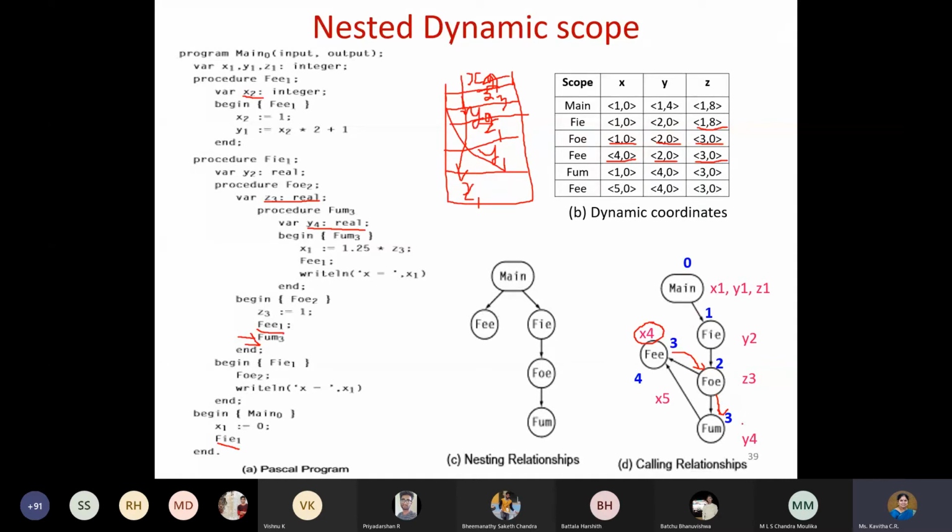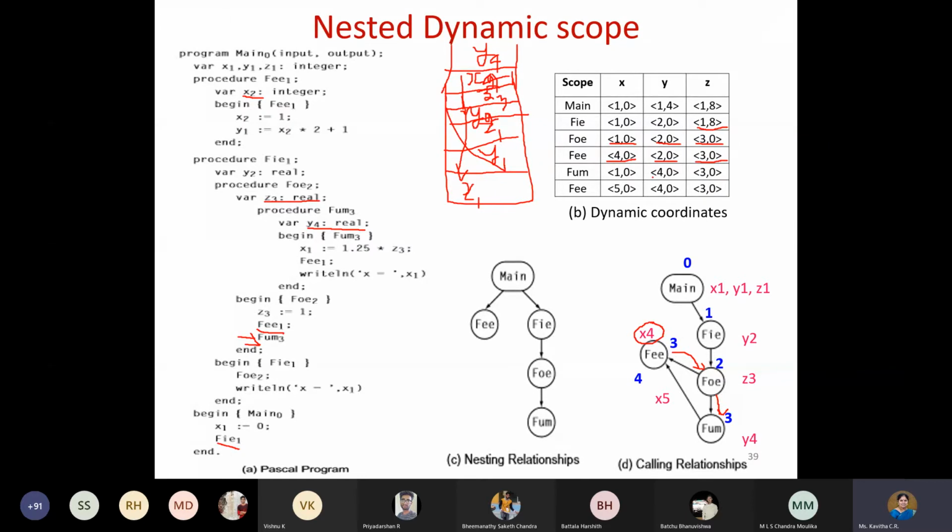The depth is 3, so inside that, whatever comes will be at level 4. Level 4 means just like how we used X4 here, we are going to use Y4. I have a new variable declaration in this scope, so I push Y onto the stack, which is going to be Y4. And that is the only declaration.